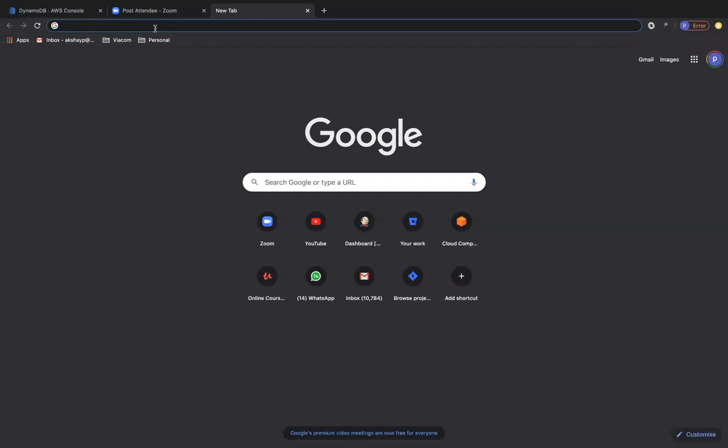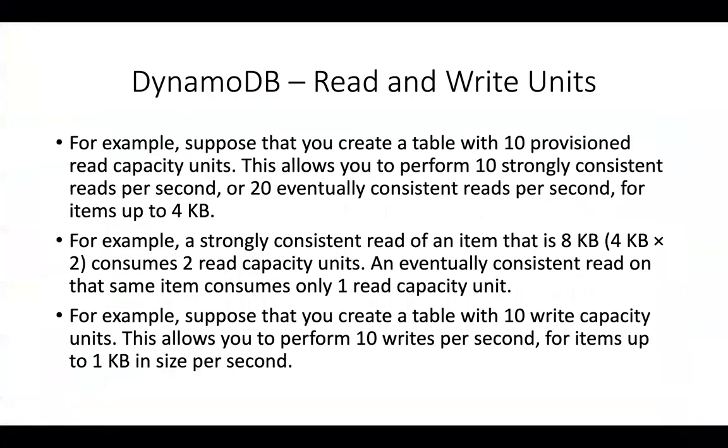So you will have to determine all of these much beforehand in order to get started with DynamoDB, because you will have to provision these read and write capacity units. But you could also create alarms in CloudWatch, and those alarms will be monitoring your read and write capacity units for your DynamoDB table. If the threshold crosses a particular limit of 10 or 15 read or write capacity units being consumed, you can configure auto scaling to increase your read and write capacity units on the fly, right? So that is on demand.